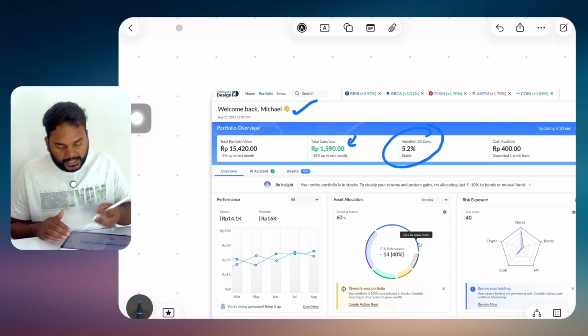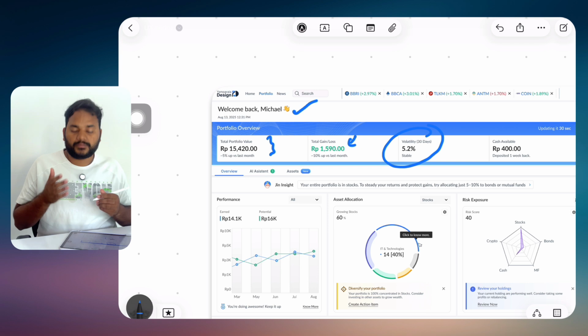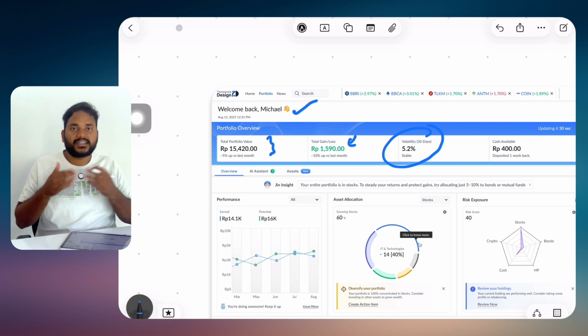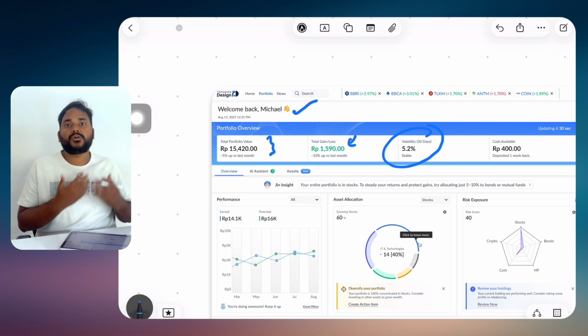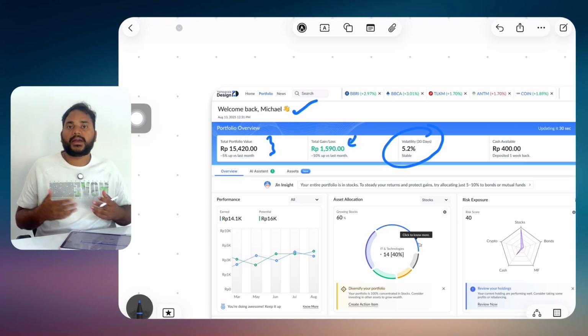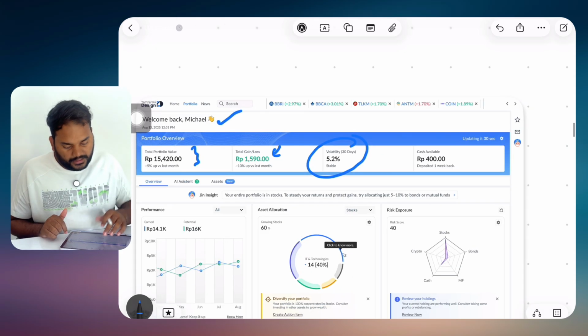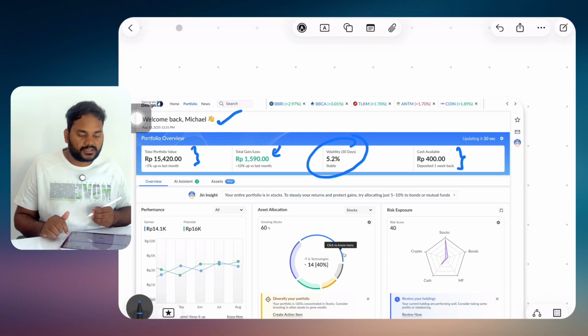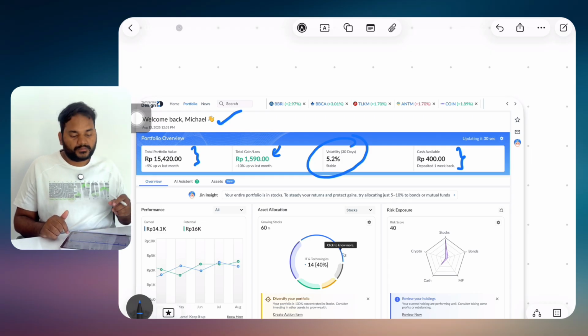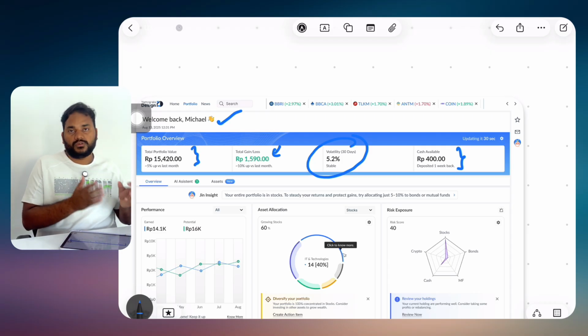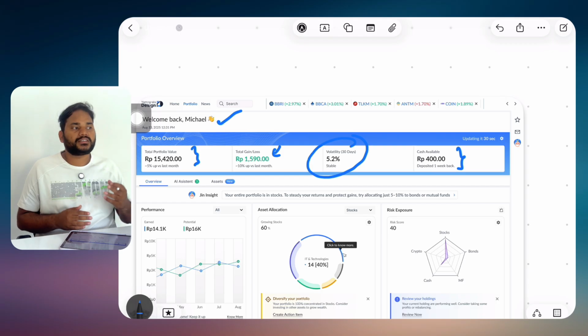But this thing will not apply to the total portfolio value, because that may cause the user to take instant action without thinking, which we don't want. We don't want them to go out of our application or take any instant action without thinking, which can impact the whole market and other portfolios also. And the 4th card is cash availability. We added this because the user should be able to know what is the amount they have deposited and which is just sitting idle.